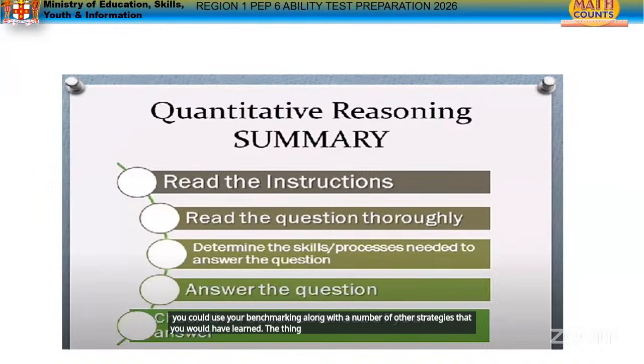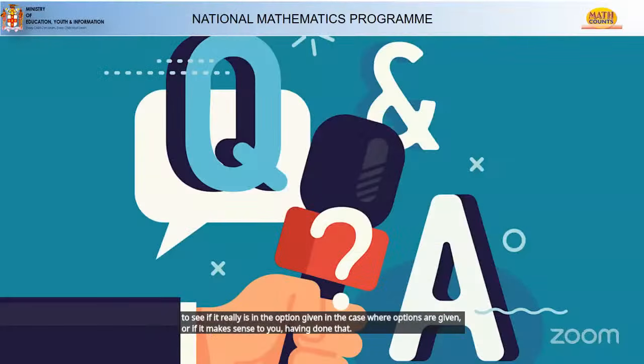The thing is, you need to pull on what you would have learned and use that for the given situation to come up with your answer. Then you move on to answering the question. Like Ms. Harris had said in the initial stage of the presentation, you must now check your answers for reasonableness and to see if it really is in the options given, in the case where options are given, or if it makes sense to you. Having done that, then you know that you are going to